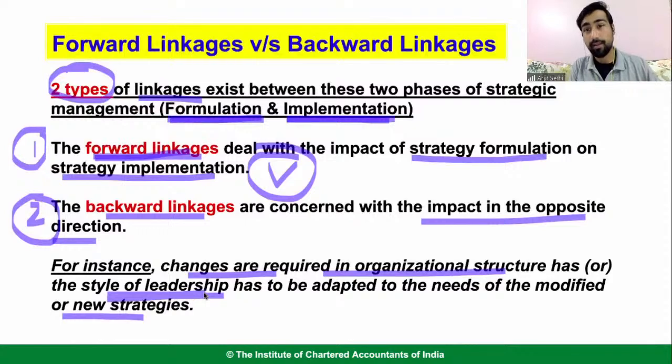Not possible. I will have to change this strategy. Accounts को I will have to give 4 hours and I will have to give less hours to a theoretical subject or subject in which I am more confident, be it practical or theory. जिसमें I'm more confident, उसमें I have to give less hours, and in the subject which I'm not confident, I have to give more hours. So that is a backward linkage. When you started implementing, now it is impacting your formulation. अब formulation change करने आपको जाना पड़ रहा है based on implementation, right?